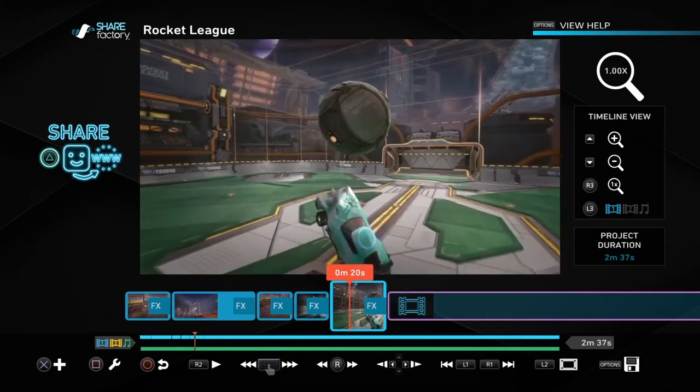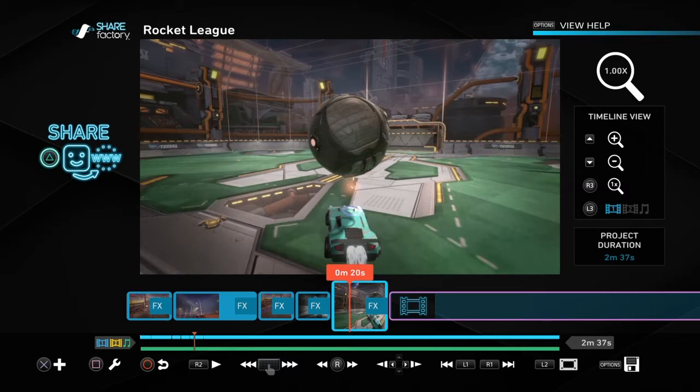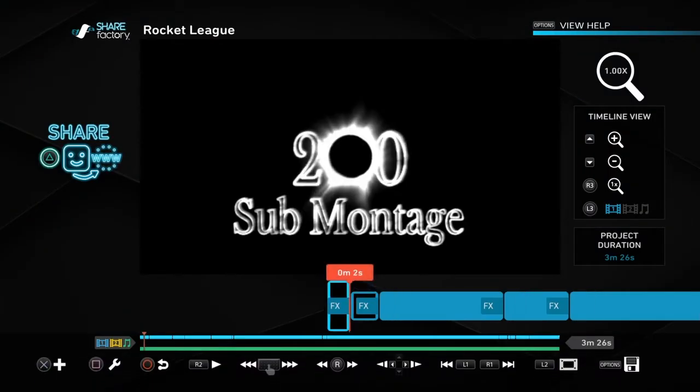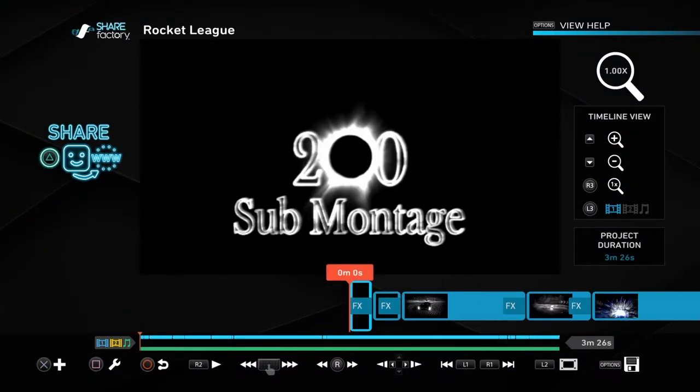Alright, so now we're gonna go into a different replay of an actual montage I made, and we're gonna see all the tricks I used. Alright. So we got the new montage, my 200 sub montage. And I always liked the idea of an intro where your name is in the front of the car. So I tried to do that, but the thing is, whenever you have to line up stuff in SHAREfactory